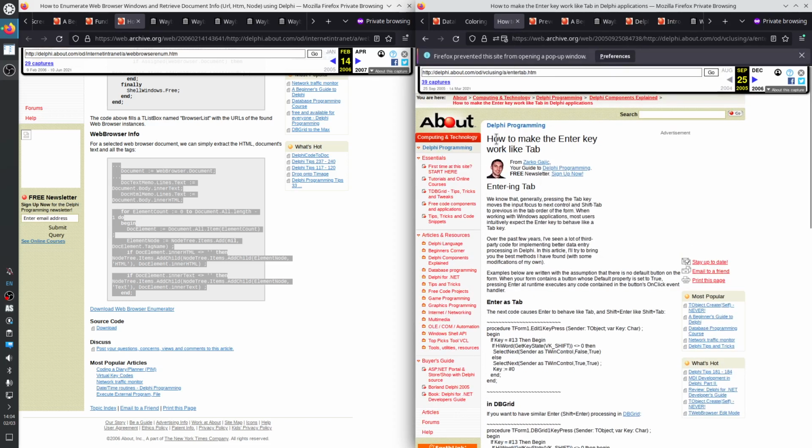How to make the enter key work like tab. Tab key moves the focus to the next control in tab order. Shift tab moves the focus to the previous control in tab order. Most users intuitively expect the enter key to behave like a tab key. I totally do not expect such a thing.